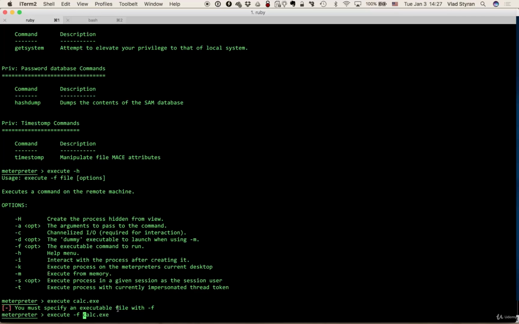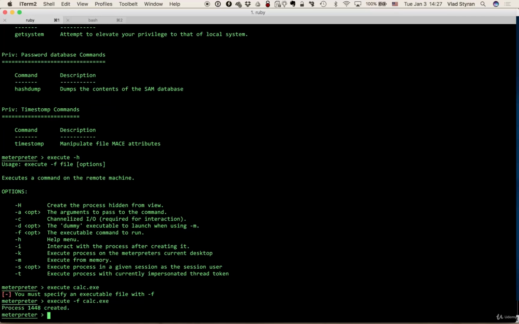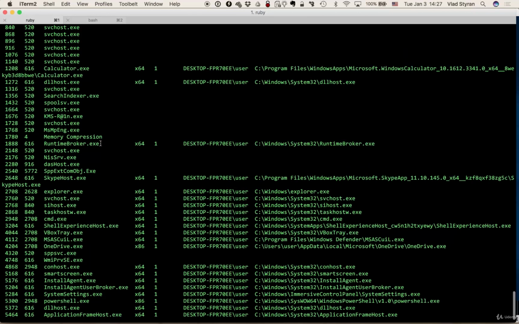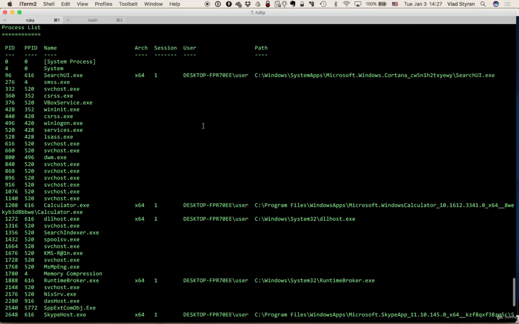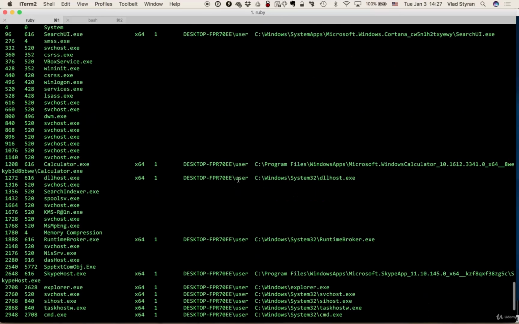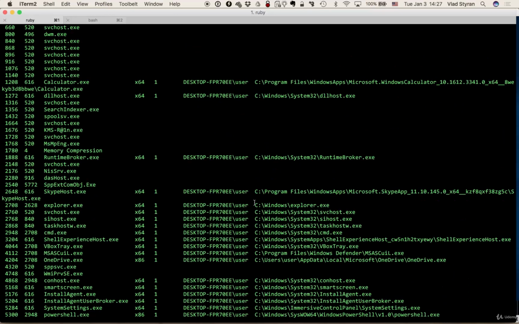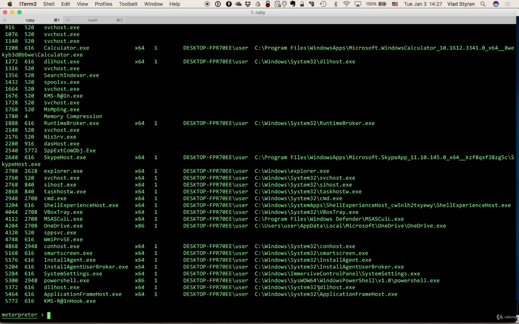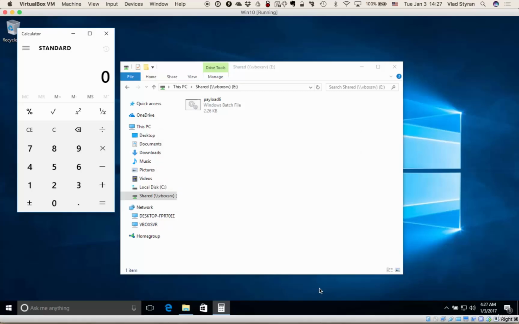So this is also important. But if we run it, we just run it. So it's now in PS somewhere, right? Where is it? Here we have CMD. It should be running as a user, right? So is it running at all? Yeah, it is. So we have calculator popping up,